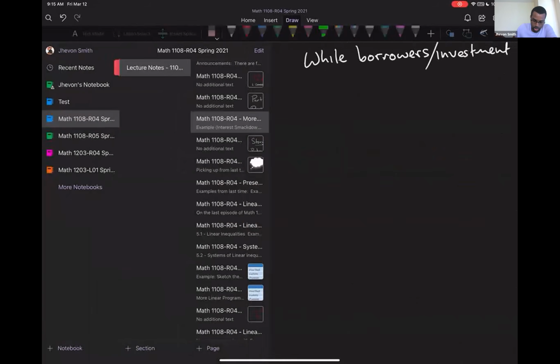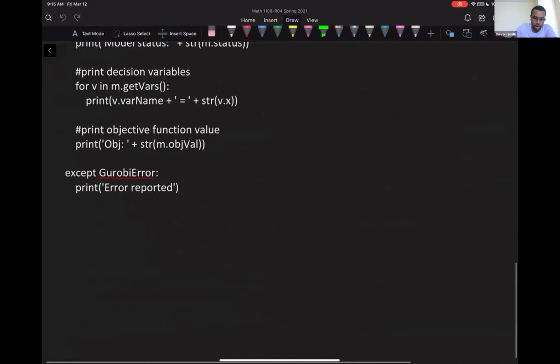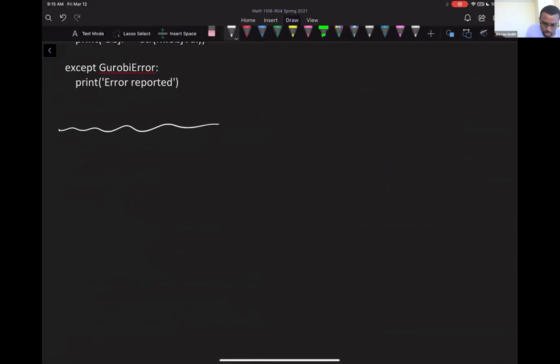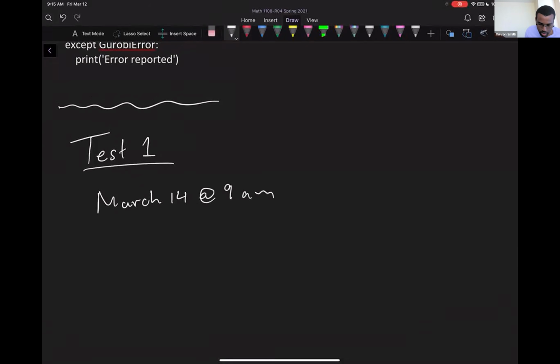So that being said, I wrote out a test bank of a bunch of problems that I would want to ask on the first test, but I haven't actually put it in a structure yet, so I can't say for sure. But let me just put in notes here, test 1. Roughly, is it March 14th? It was 14th, right? At 9 a.m. Roughly 1 hour, 15 minutes long, plus 15 minutes